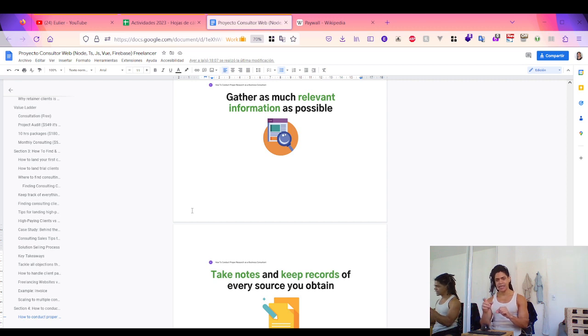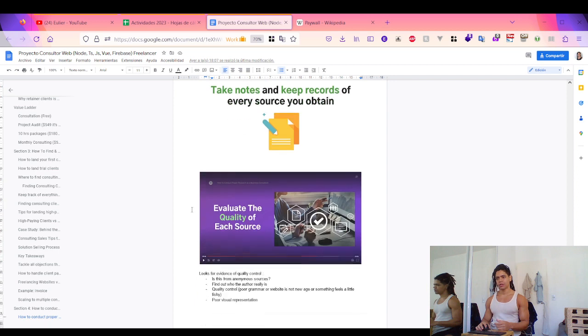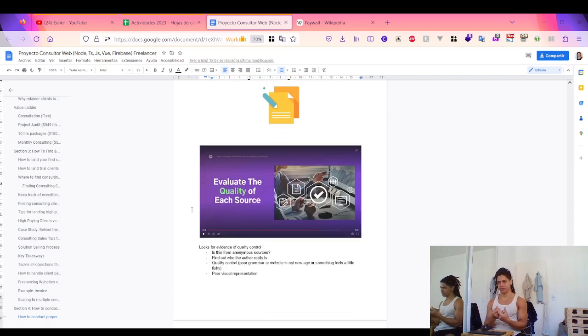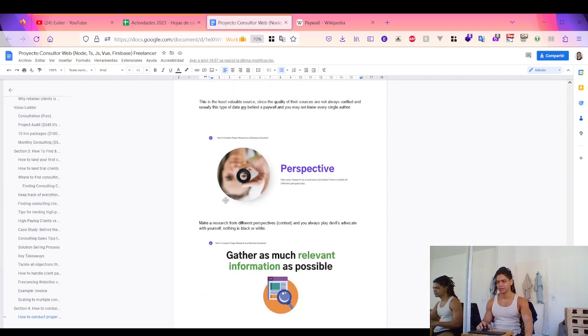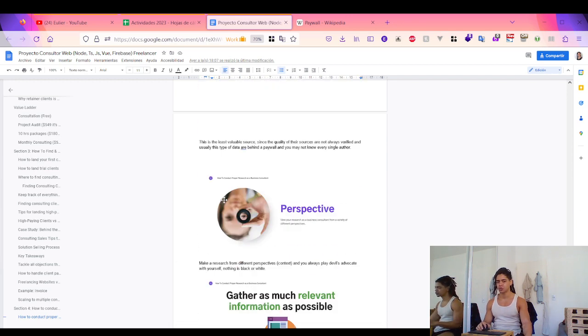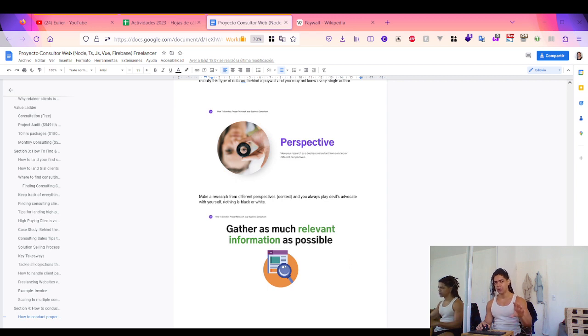Take notes and keep record of every source you obtain and evaluate the quality of the data. Evaluate the quality of each source. So look out for evidence of quality control. And again, here it's all about sources. We're talking about sources. So once you are identifying